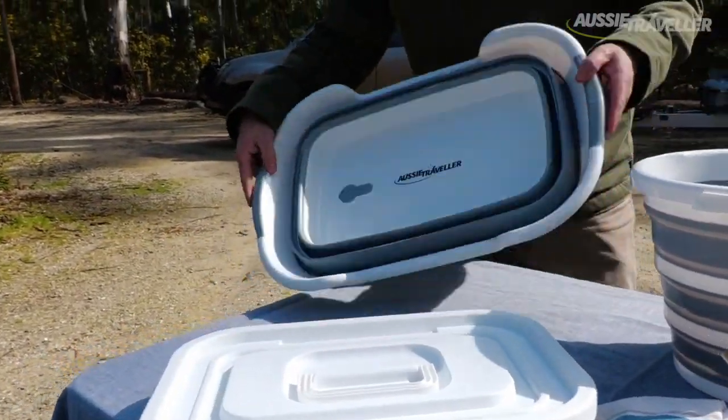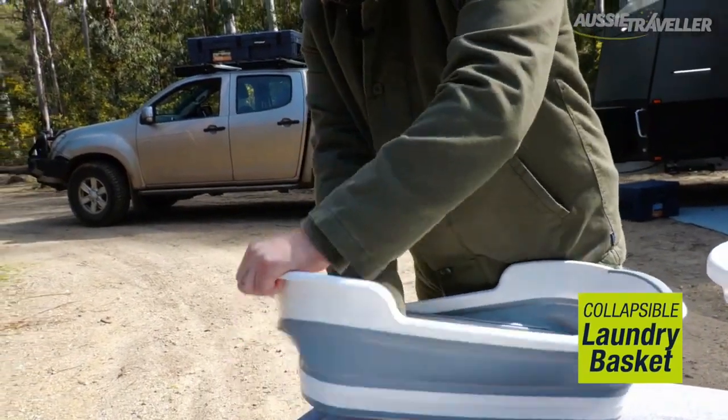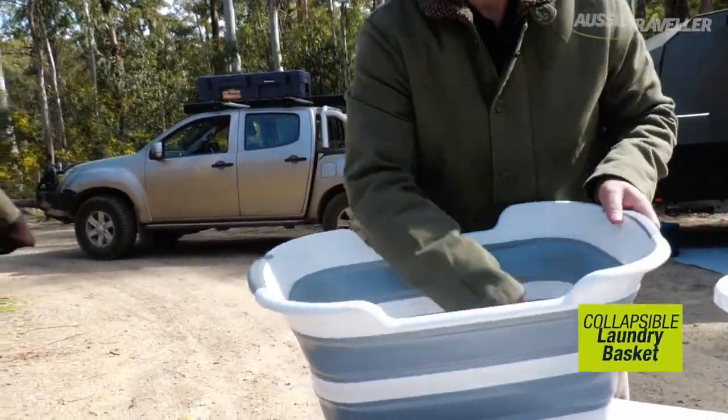And the last one on the list is our laundry basket. Nice slimline design, not like at home. So as you can see, I'm just popping it out here. Plenty of space in there for the...